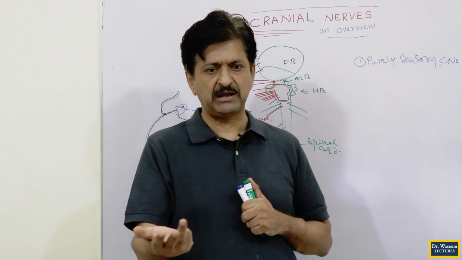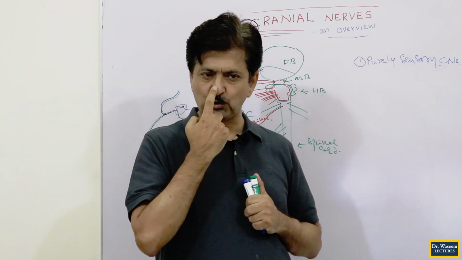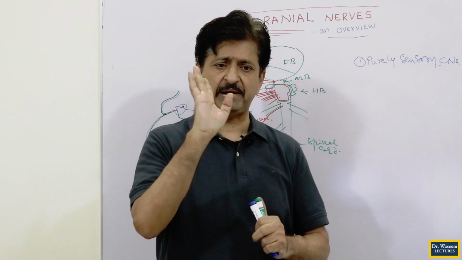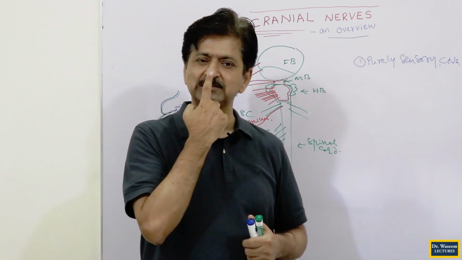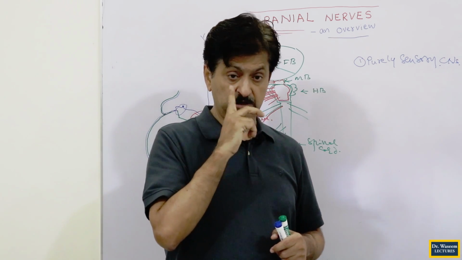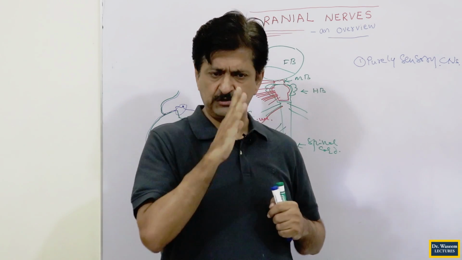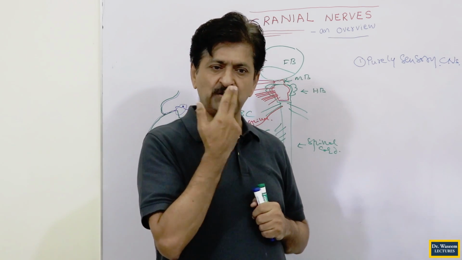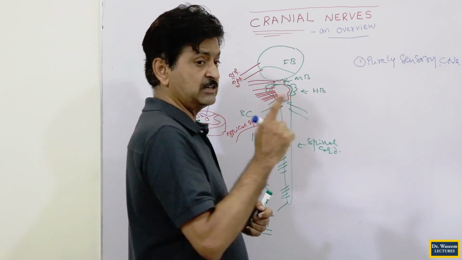No, we have 3 numerically, from an anatomical point of view. One nerve from the nose will carry only one type of sense, that is the smell, olfaction. That is why this nerve's name is the olfactory nerve. You know that the nose is 1, so the number of this nerve is 1 also. Nose is 1, but it actually has 2 nasal cavities, and 2 nerves means a pair of nerves, but just for remembering the number of the nerve for olfaction, nose is 1, the number of the nerve is 1, it is called cranial nerve number 1, and that is purely sensory.